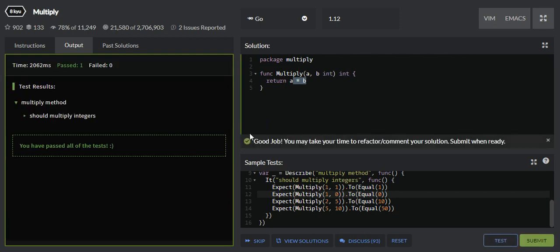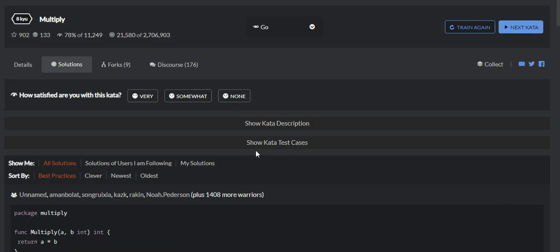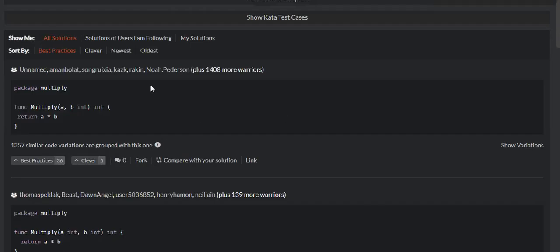My attempt is also successful, and if you want to make any kind of changes in this function, you can, else you can submit the code. I think I'm pretty good with this function, and I'll submit my code. You can see the submission is also done successfully, and here other programmers have also pasted their code.